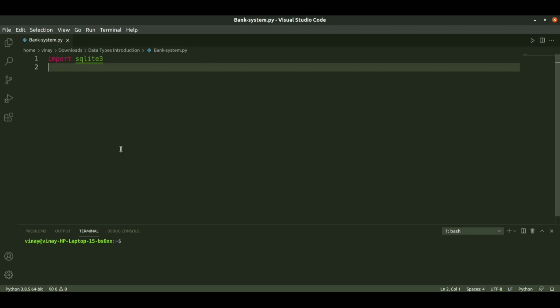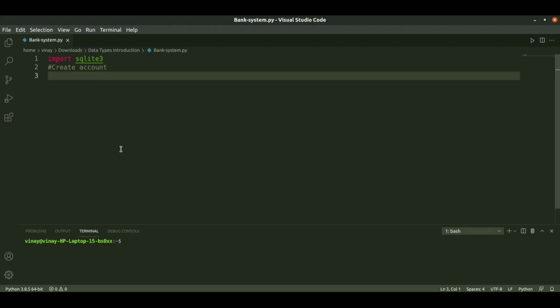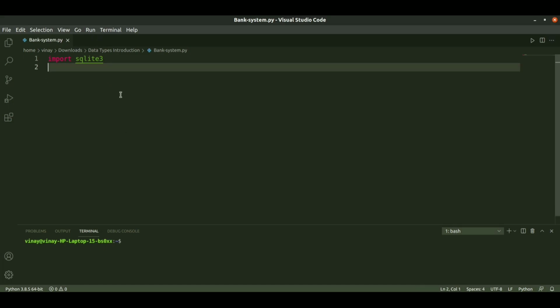And if there are existing users, we will give them the options for transactions, like withdraw, check the balance, or deposit. So we will create a class for them, with open account. We will create these two methods in a class.